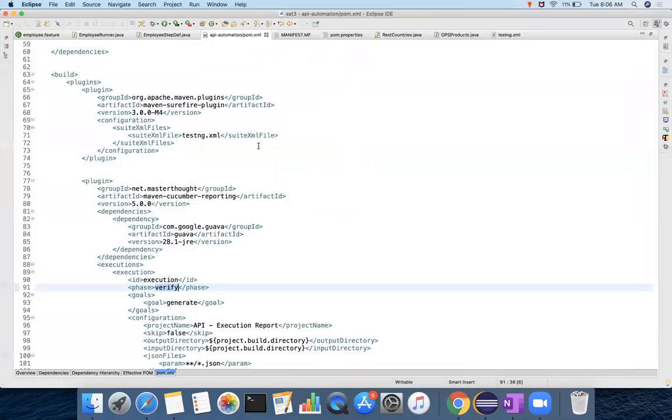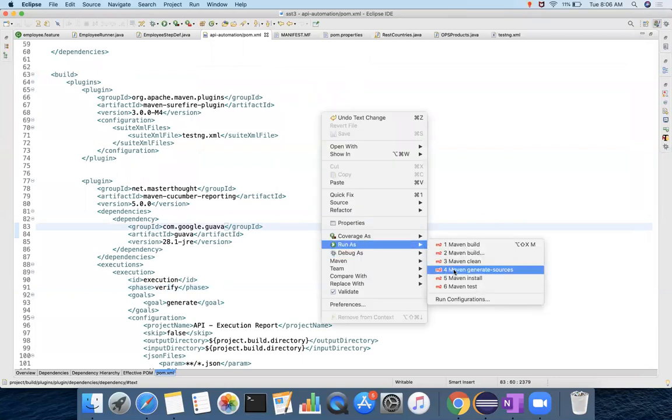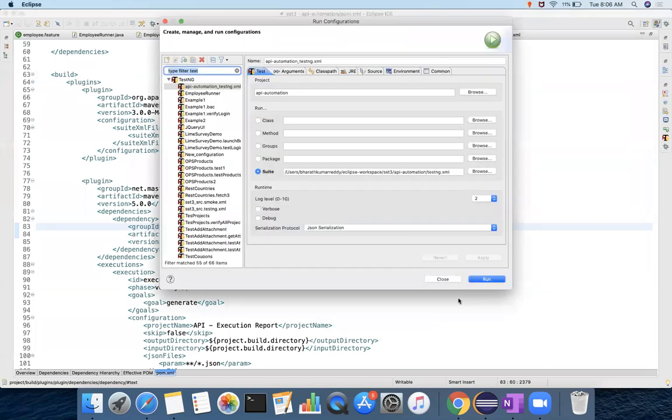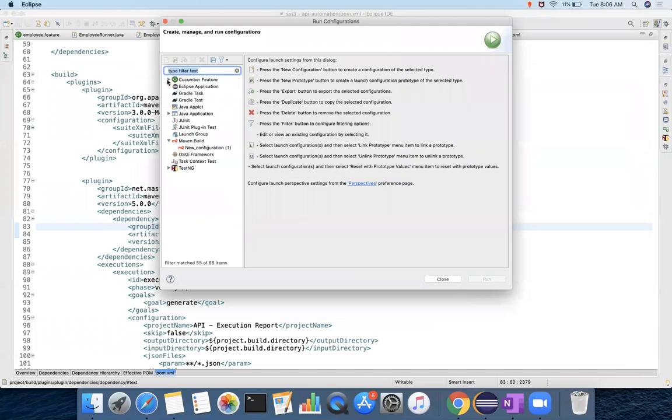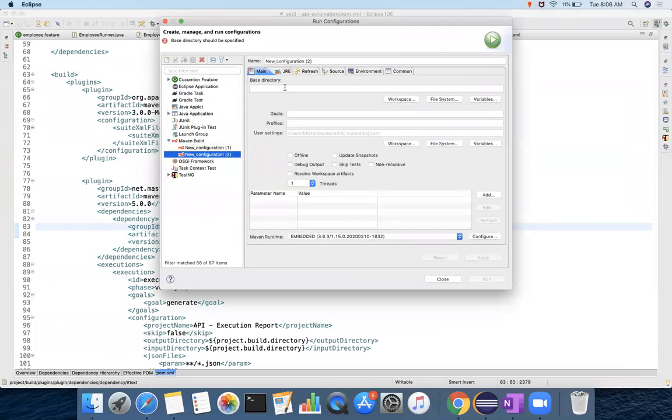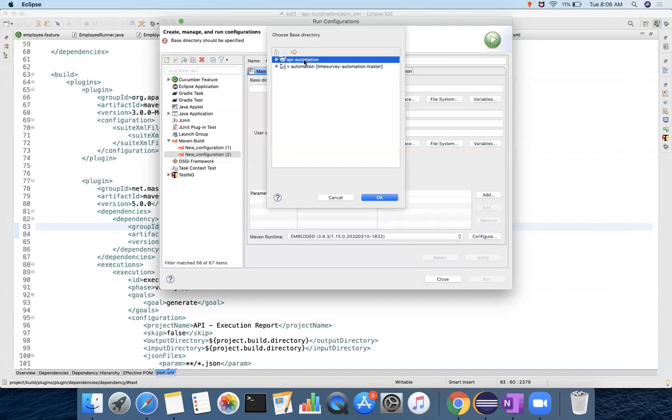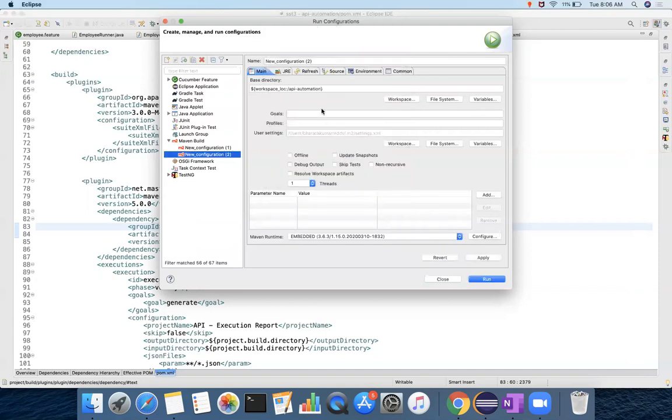Now you have verify, right click, run as. You don't have verify here, you can use install, but let me go to the run configurations. Here you can see Maven build, double click on it. The first time you can do this, choose the workspace, which project we have, API automation, and then goals.